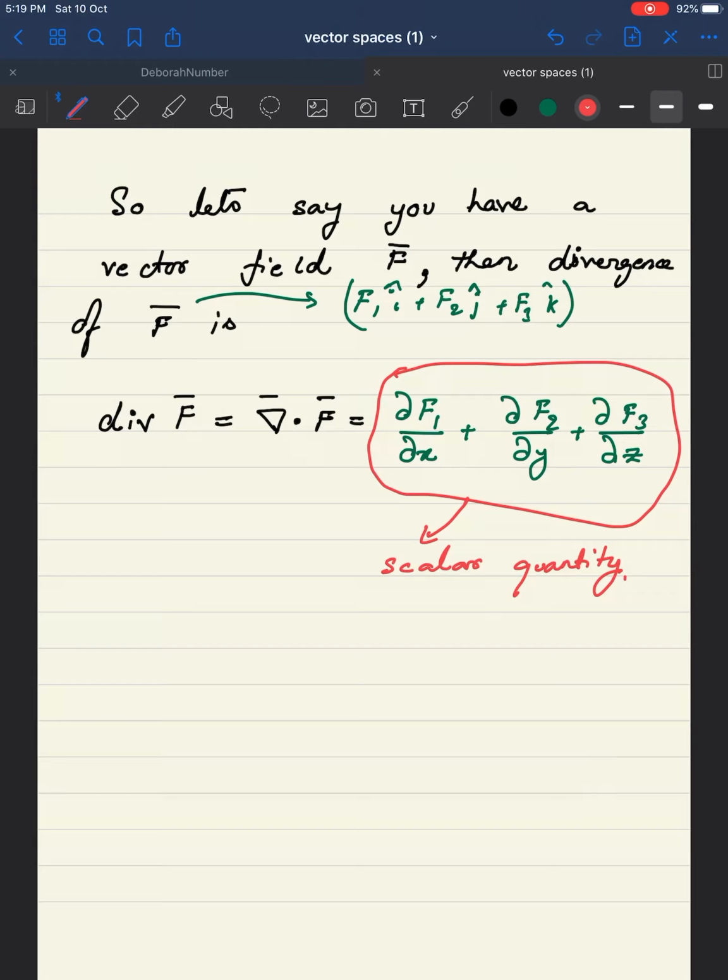Similarly, there is another important quantity called the curl of a vector field. If you again have the same f, and you want to take the curl, then the curl of f can be thought of as